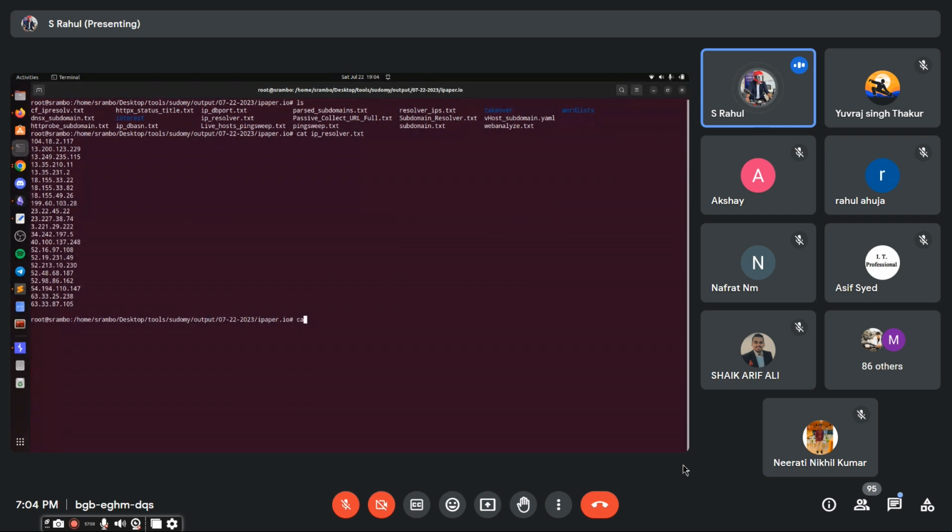IP resolver, right? So I'm going to paste it, and after entering the ports, you have to give the file name, IP resolver. This file is nothing but the live domains converted to IPs. This is a list. So just give the IP result, and